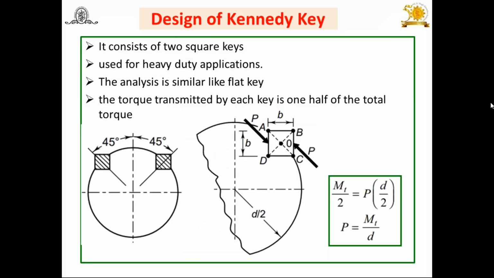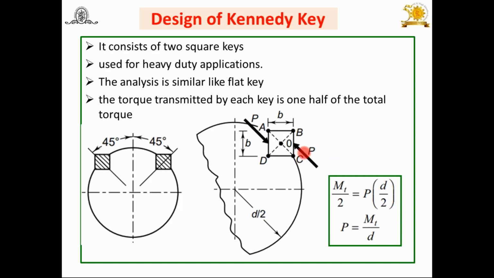How are you going to calculate this area? Look at the diagram. It's simply geometry. This is AC. This is B. AD is equal to B. DC is equal to B. You have to find out AC. You can use the Pythagoras theorem. AC square is equal to AD square plus DC square. Therefore, AC is equal to under root AD square plus DC square. So AC square is equal to B square plus B square, so twice B square. So you can find AC is equal to under root 2 into B.